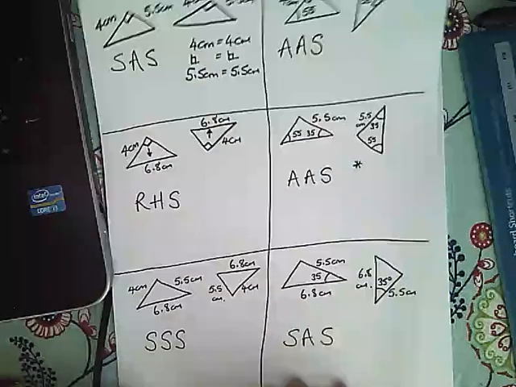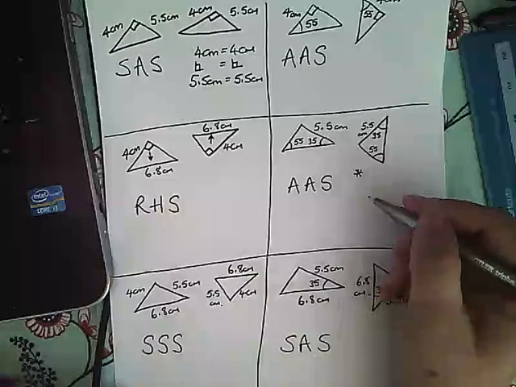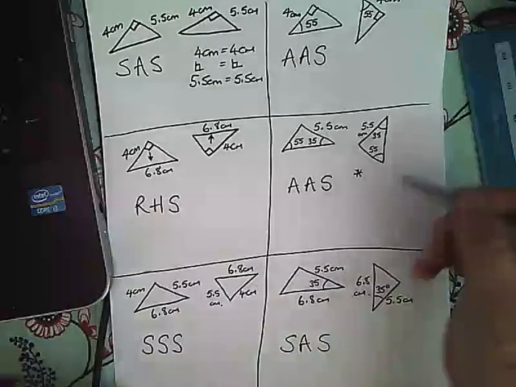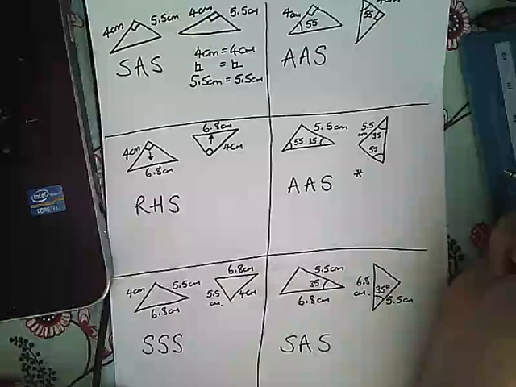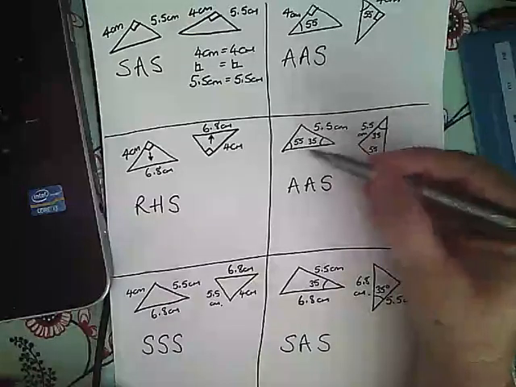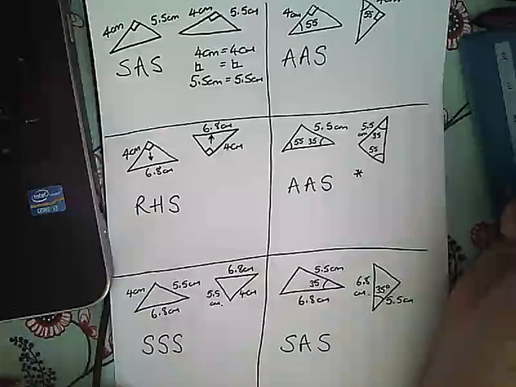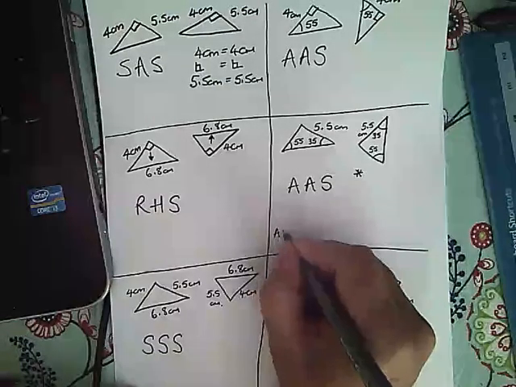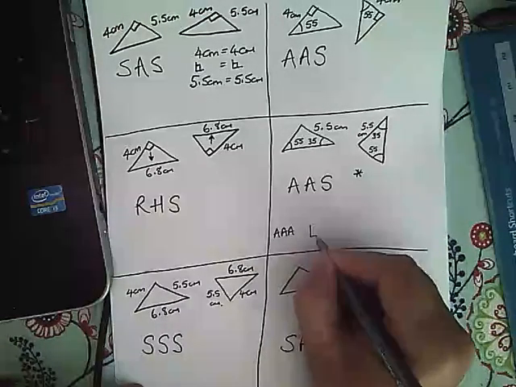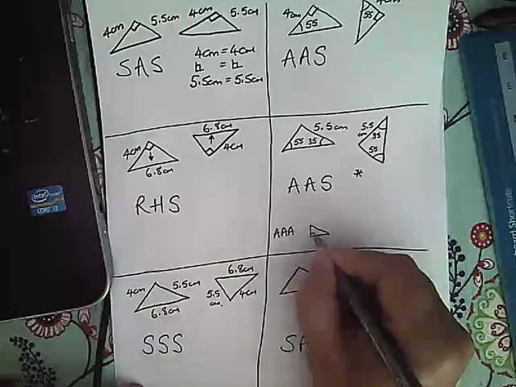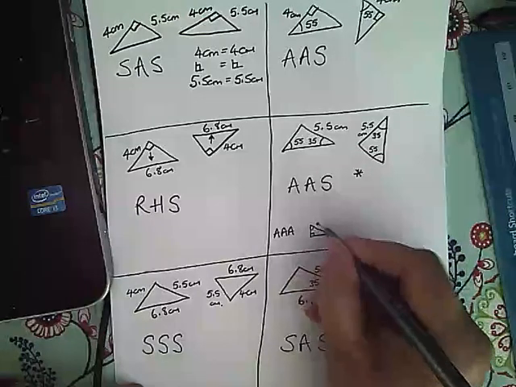If I just go back to this example, it is quite tempting to work out this other angle, which would obviously be 90 degrees, and then you would have three angles that are the same. But angle, angle, angle is not a condition of congruence. You have to be really careful of that, because if you have angle, angle, angle the same in a triangle, you could have a small triangle like this, which had an angle here of A and an angle here of